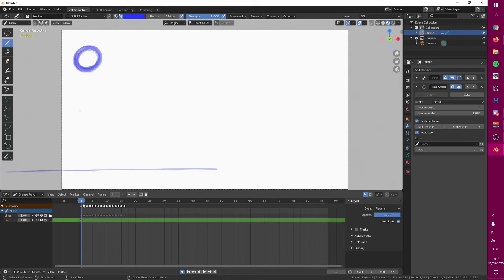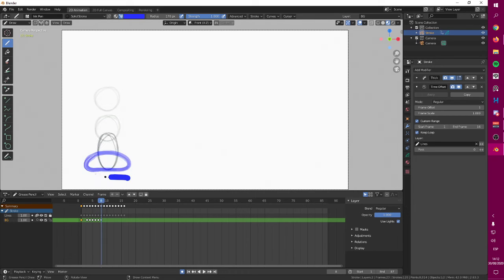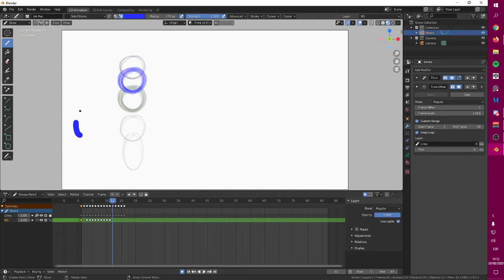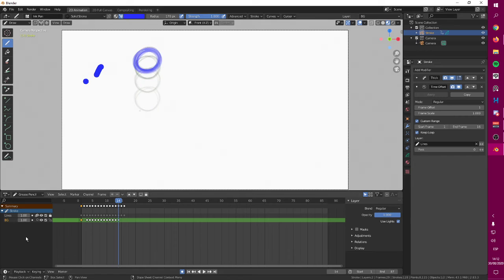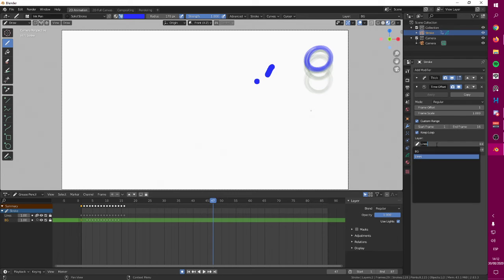But if, for example, the background line had a different animation playing, like that weird thing that I just did, right now it's only looping my ball animation because I only have this layer selected.